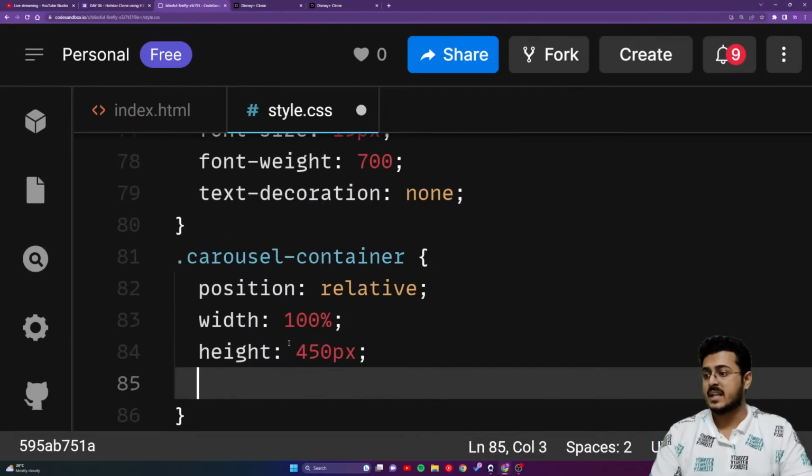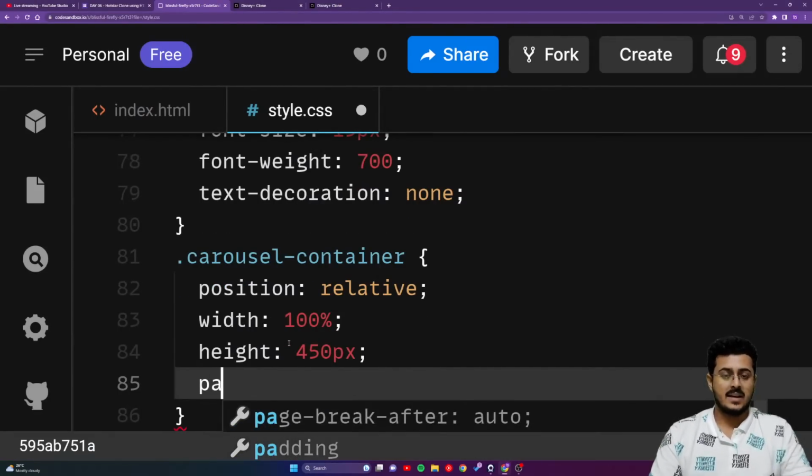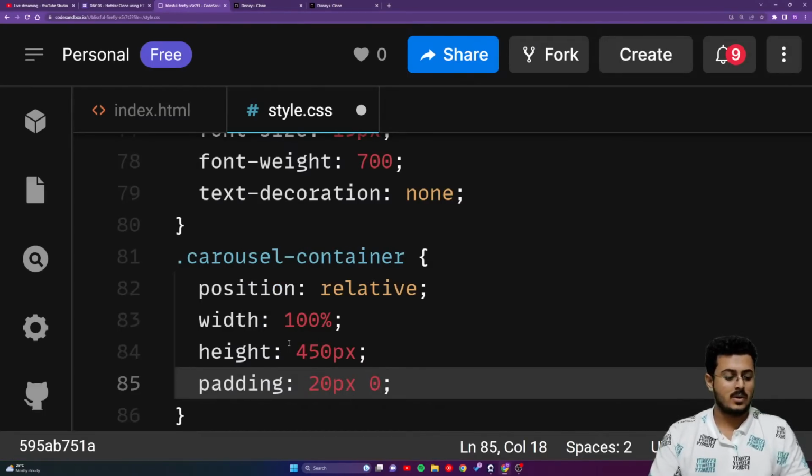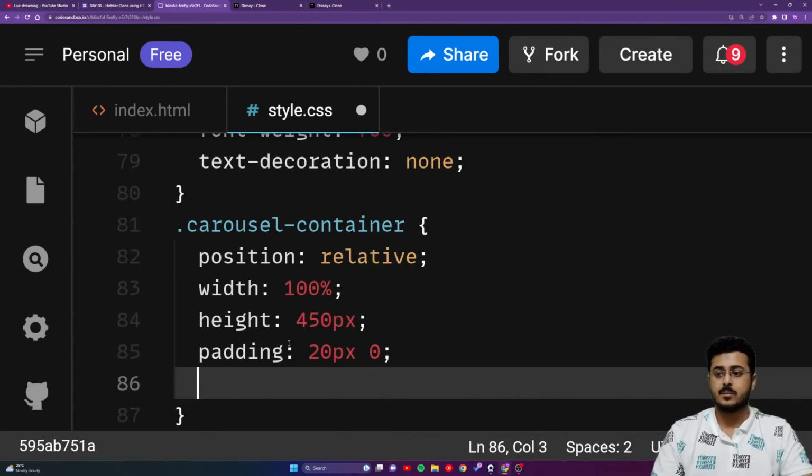Okay, the next little thing that we have to do is padding. So padding, and we'll put the padding as 20 pixels, comma 0. So we are having on top and bottom 20 pixels, on left and right, because it's a slider, it's a continuous carousel itself, we don't have to put anything. So we'll put it up as 20 pixels and 0. The next thing that we have to put it up as